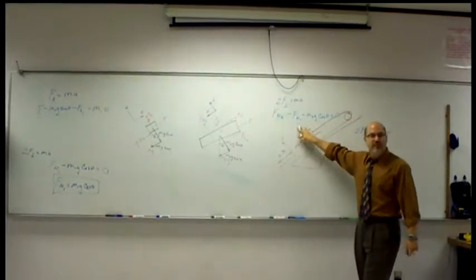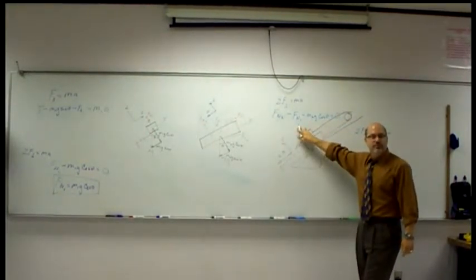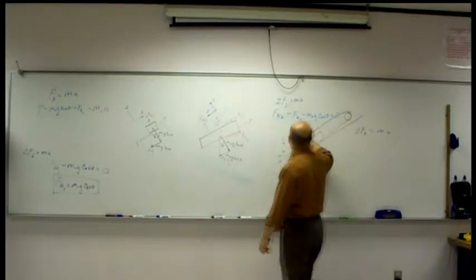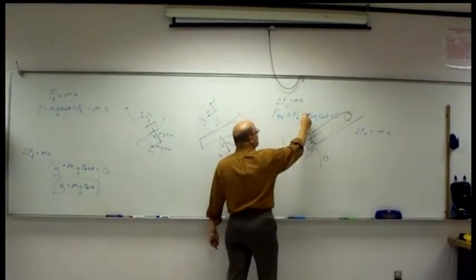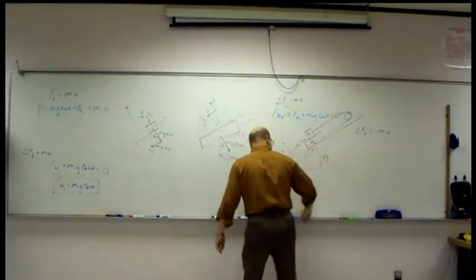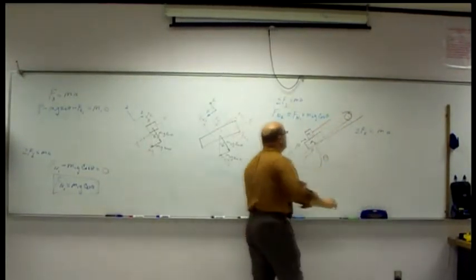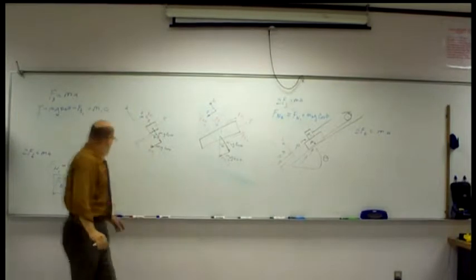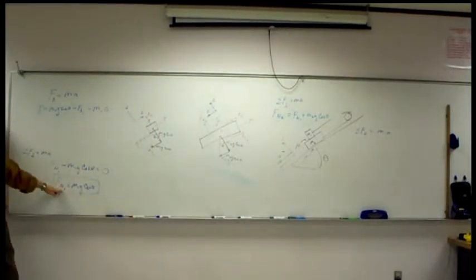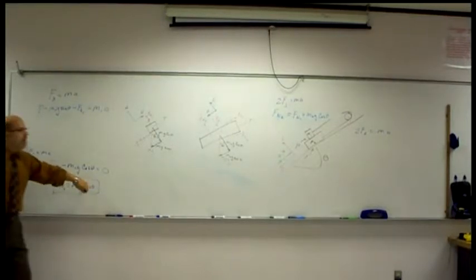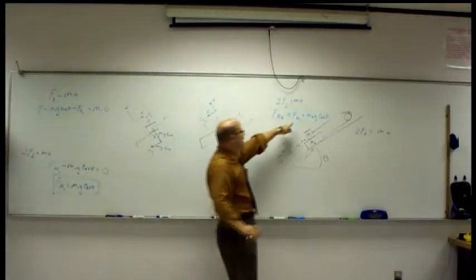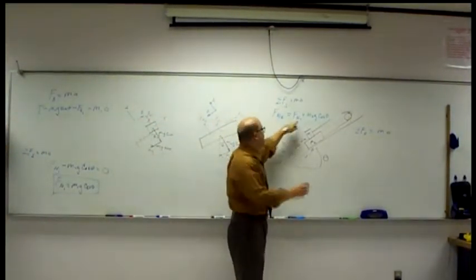Now most of you will skip this step, and you'll go straight to equals and get rid of the 0. That's fine. You'll put the positives on one side and the negatives on another side. And because we know this, Fn1 equals m1g cosine theta,